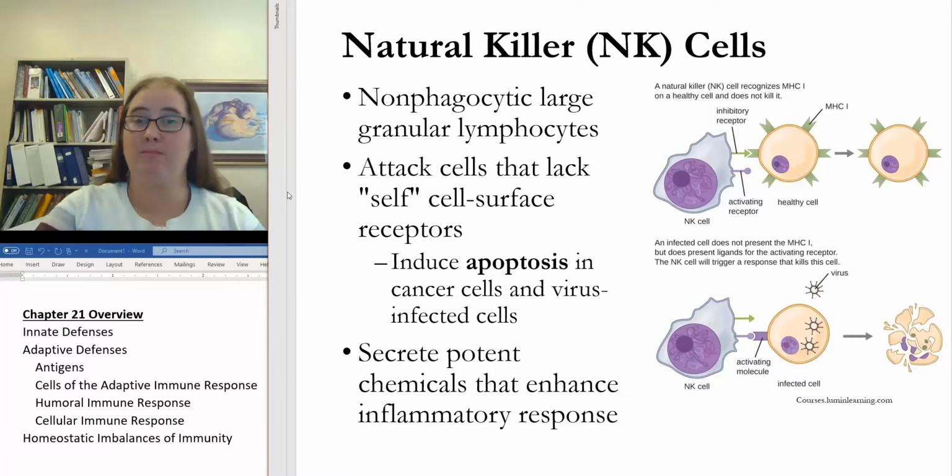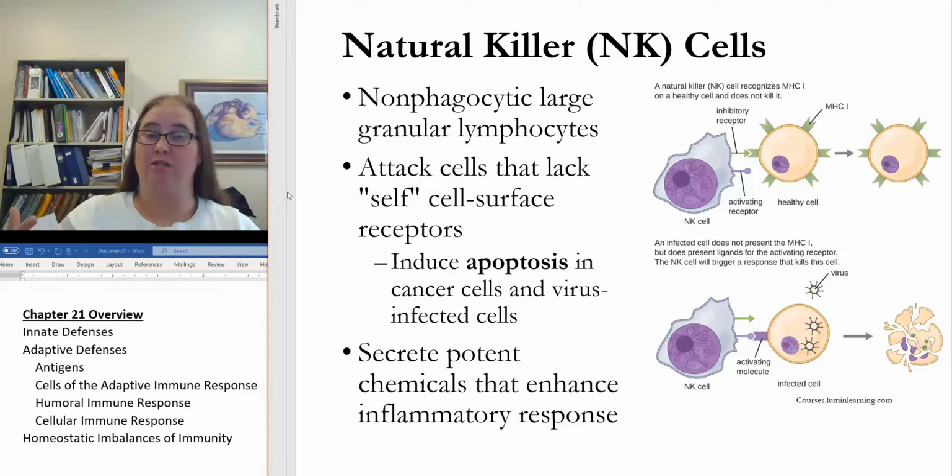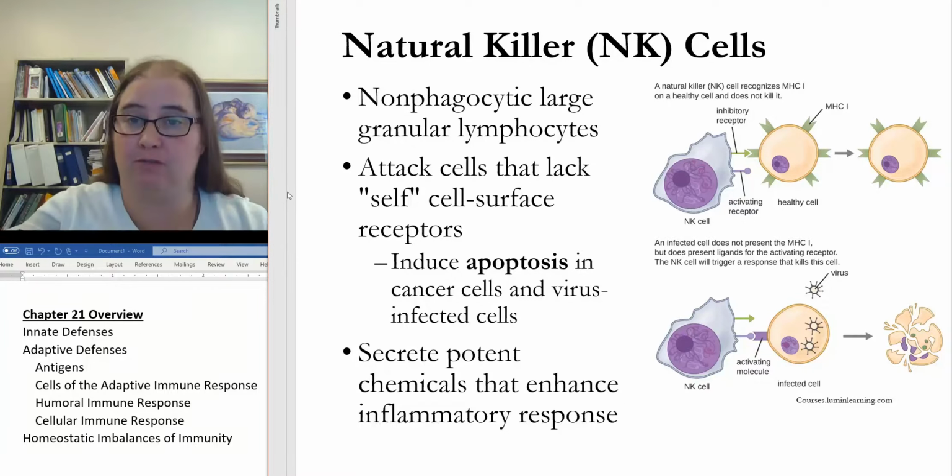Okay, because remember, we're talking about a pathogen that has basically breached the surface, whether it be the skin or the mucosal membrane. But because they've breached that doesn't mean it's gotten into a cell. It just means it's cruising around the interstitial fluid or the interstitial space around the cells or within the connective tissue. Just because we've breached the first line of defense doesn't mean that pathogen has gotten into a cell. Okay? However, if the pathogen is able to enter a cell,